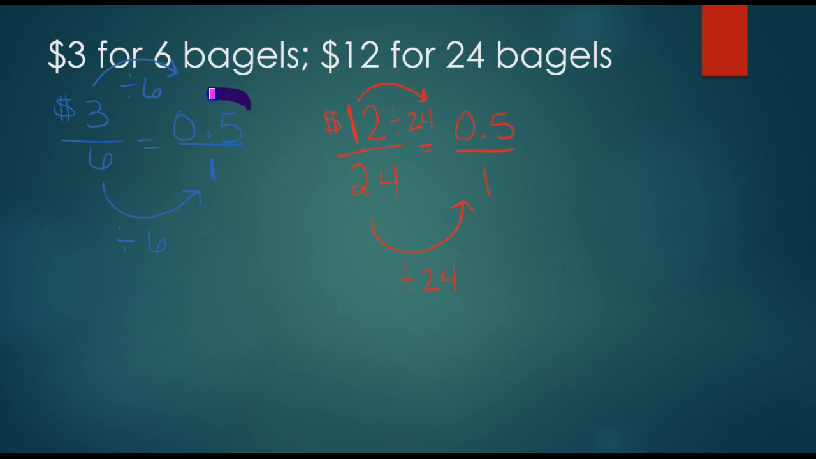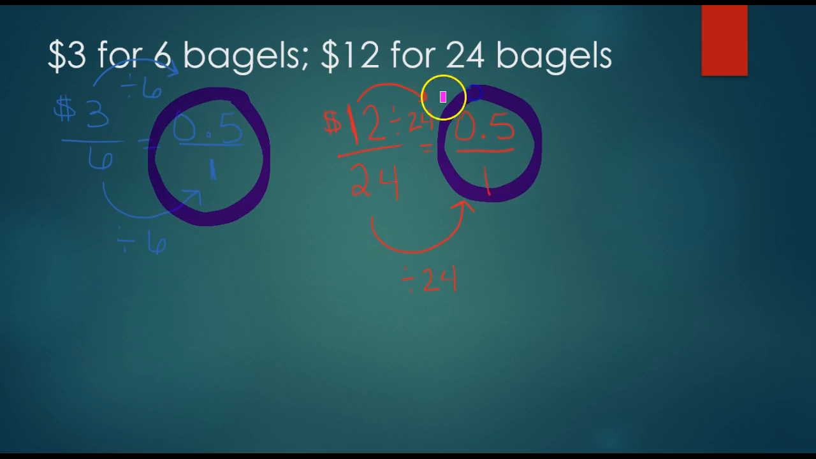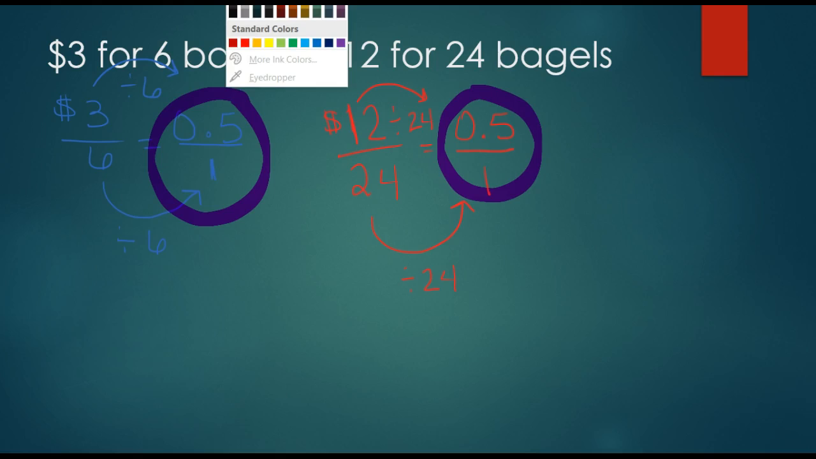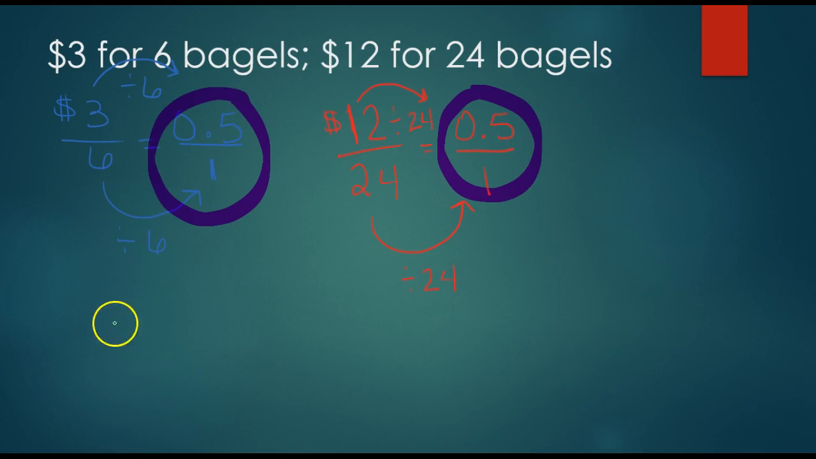So one of the things I'm noticing is that this and this are the same. When those two are the same, once we get to this point, that makes it an equivalent ratio or a non-equivalent ratio, as the case may be. So we're going to say,